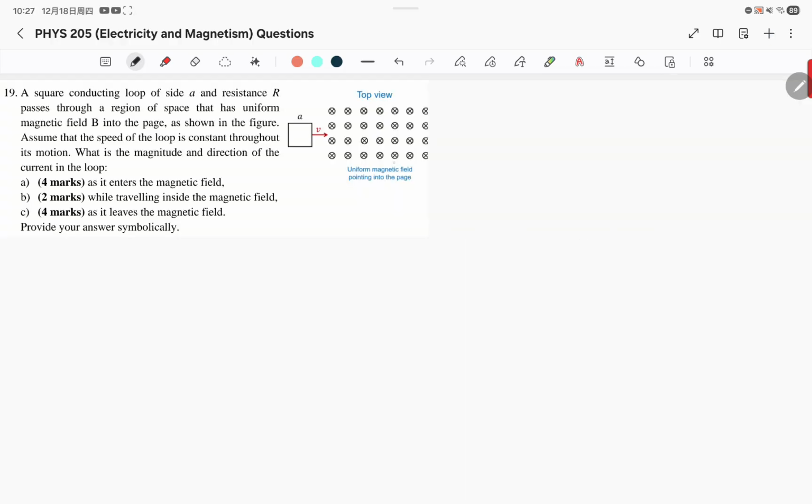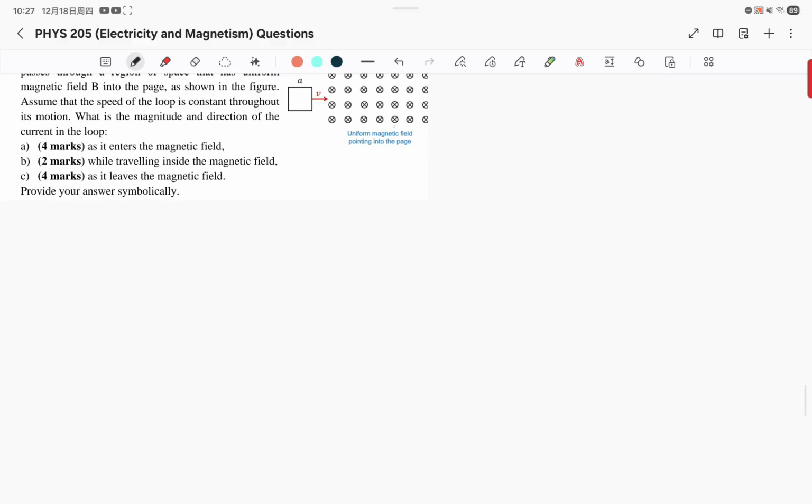Question 19. A square conducting loop of side A and resistance R passes through a region of space that has uniform magnetic field B into the page, as shown in the figure. Assume that the speed of the loop is constant throughout its motion. What is the magnitude and direction of the current in the loop in ABC questions? Question A, as it enters the magnetic field,